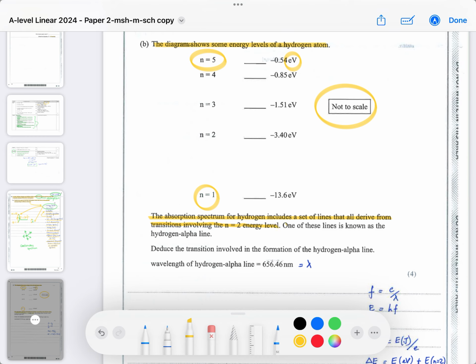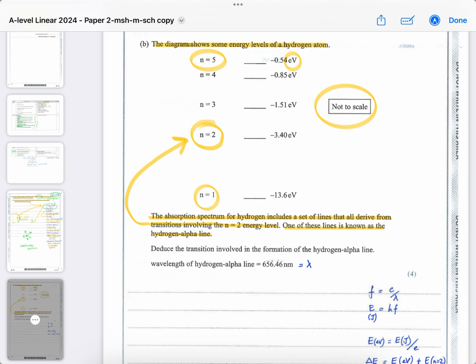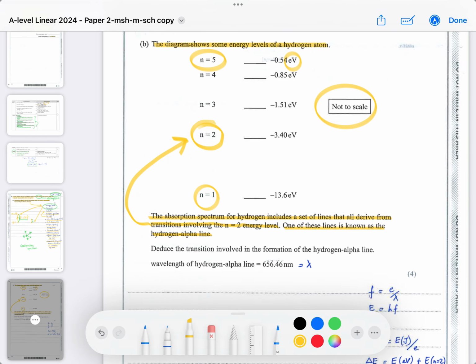Okay? One of these lines is known as the hydrogen alpha line. So it corresponds to the n=2 level, or transitions involving n=2. Deduce the transition involved, which is responsible for the hydrogen alpha line. So can we work it out? The wavelength of the hydrogen alpha line is given as